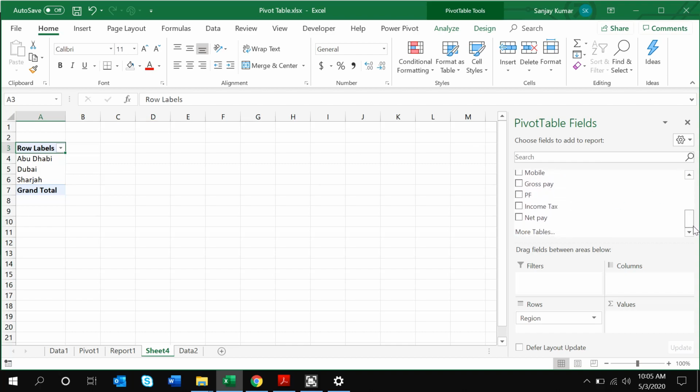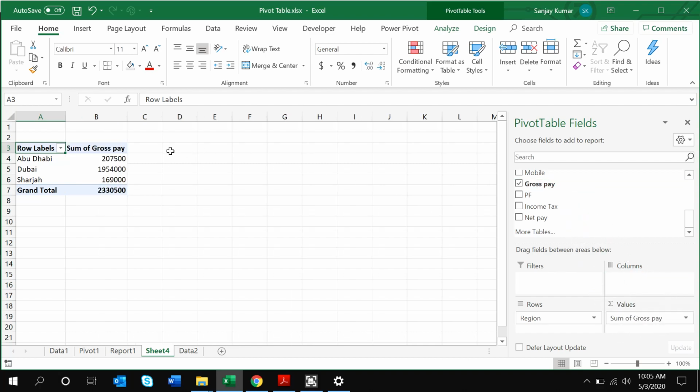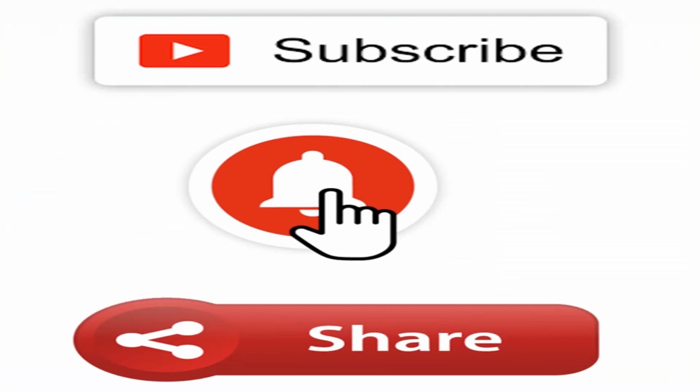And we want to see the total payroll, let's say gross pay, in each of these regions. Now we'll just drag this and drop it over here in the Values section. So we'll have here for Abu Dhabi, Dubai and Sharjah how much is the gross pay. Okay,